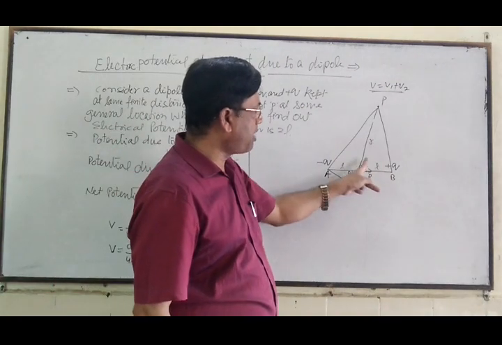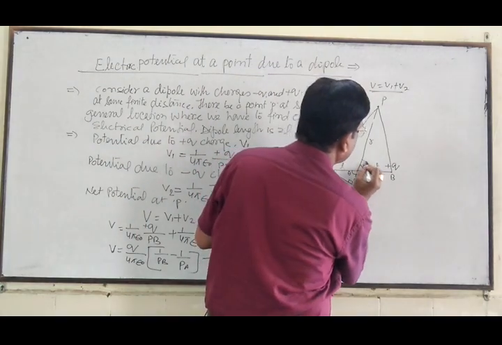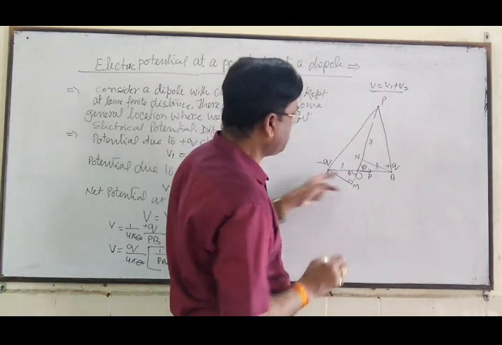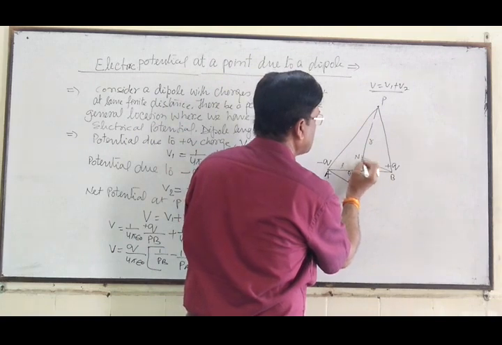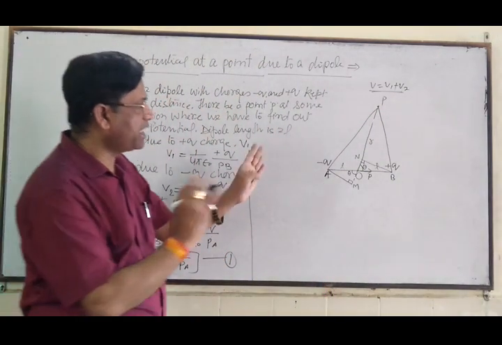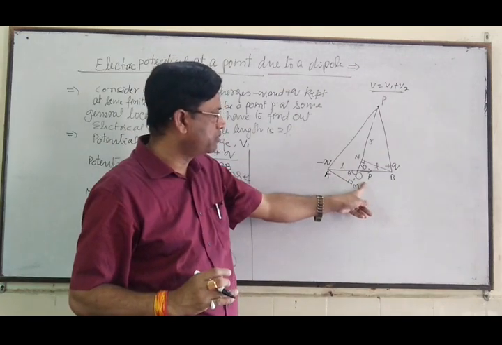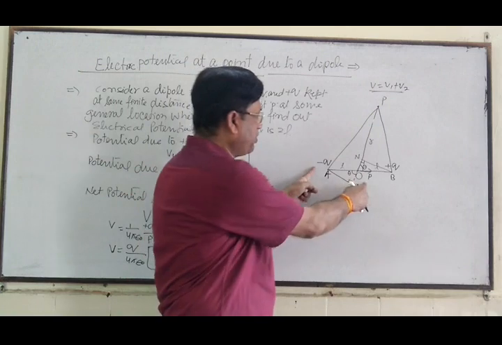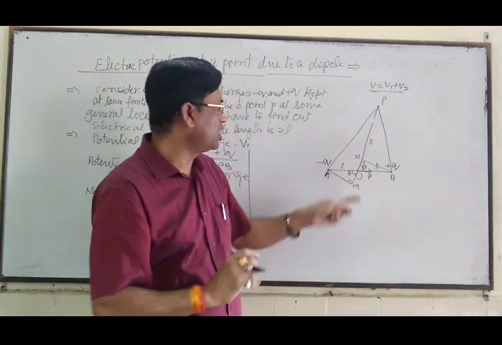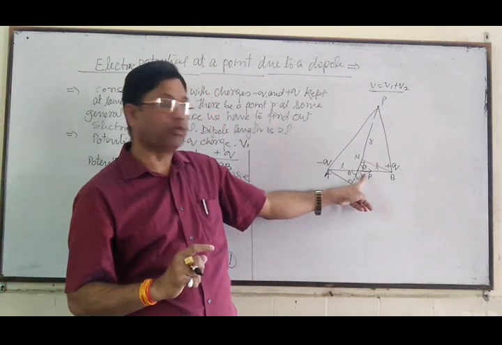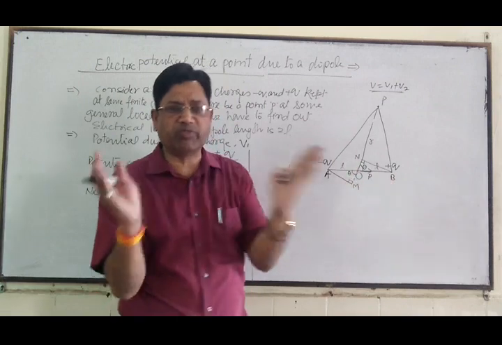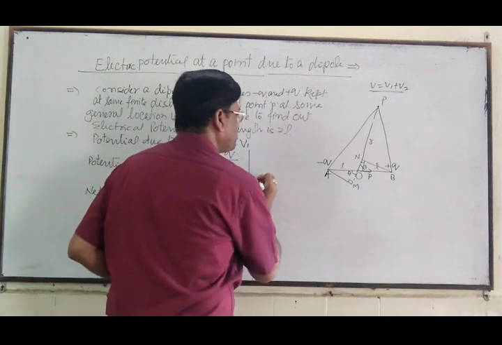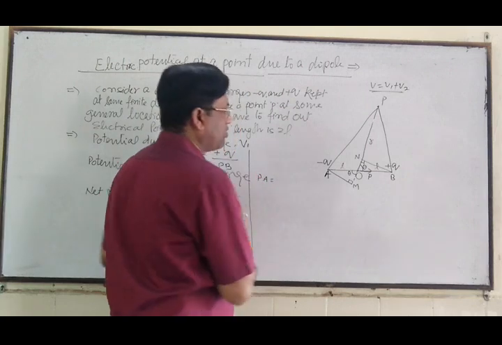Similarly, from point B we will draw a perpendicular to the line PO, and this point is N. Just see, as I already told, L is a very small distance as compared to R. Then point P will be very close to A and B. When the point O is close to A and close to B, these points will be very close, then PA distance would be equal to PM.